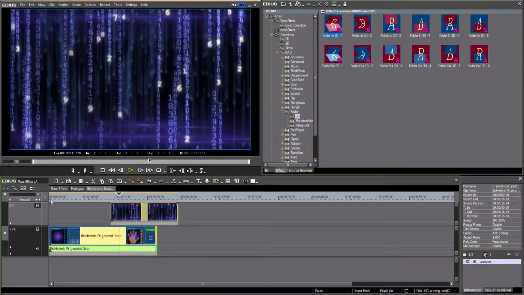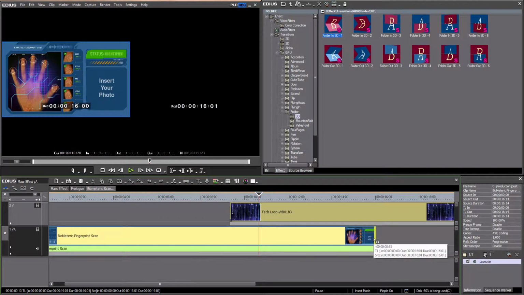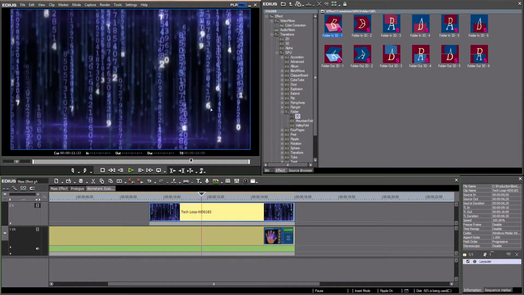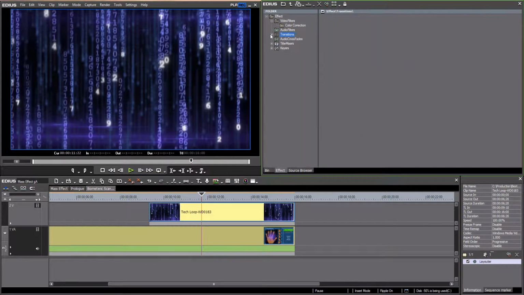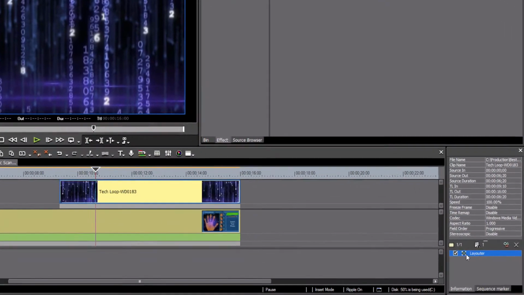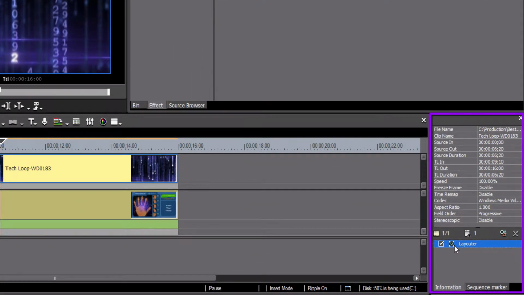Insert your photo, that's where I want it to go. So once I'm happy that I've got the clip size and everything else, which is a bit of a fiddly process with this, unusually so, you're ready to do the work on the pip itself, the picture-in-picture. Again, what I found here is it was not immediately obvious that you had to hit this layout button down here, but once you click that button,